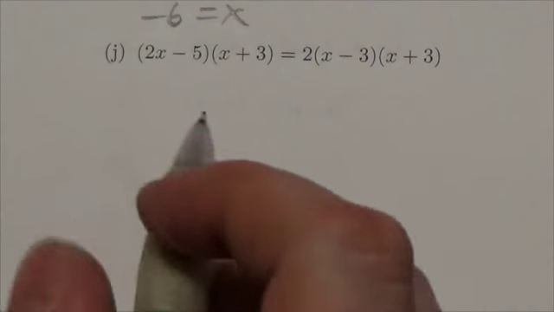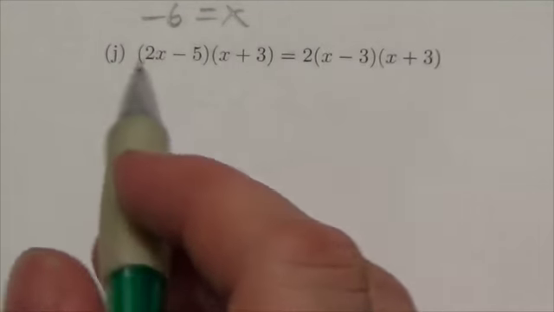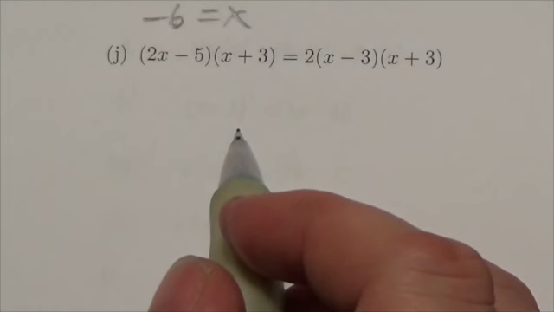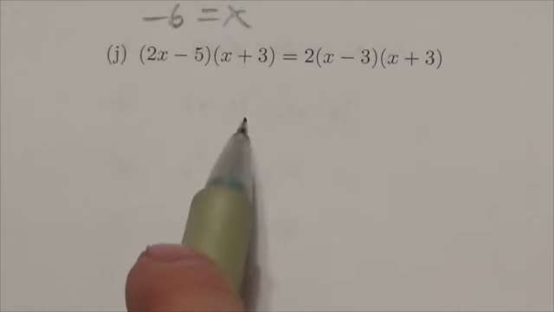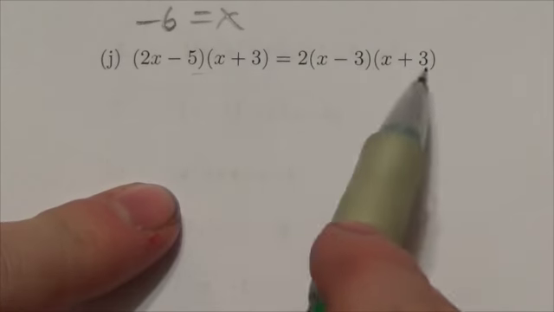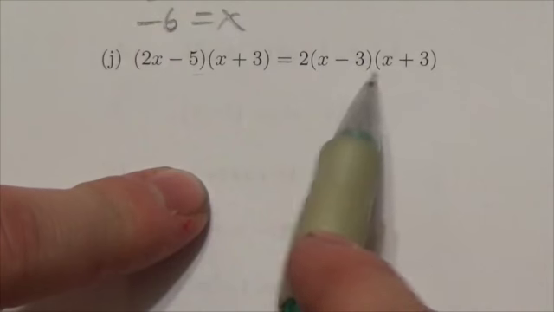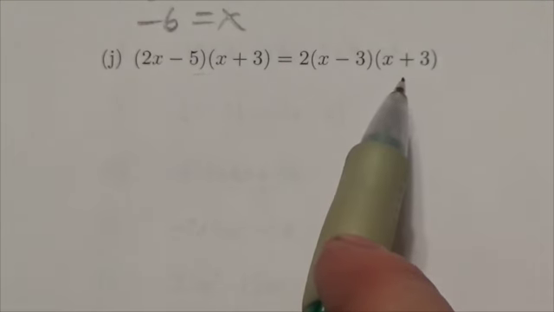Okay, everybody, let's have a quick look here at 4J. This is the final question here that requires factoring. Now, a couple things going on here. Notice, first of all, that I've got a common x plus 3 and a common x plus 3 here. The temptation might be to cancel those two because they're common to both sides here, but I would caution you